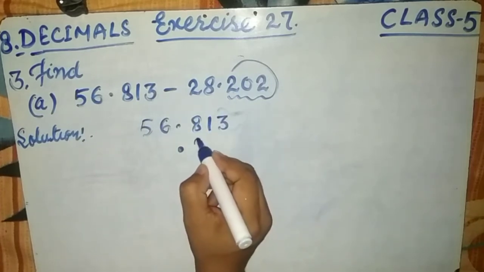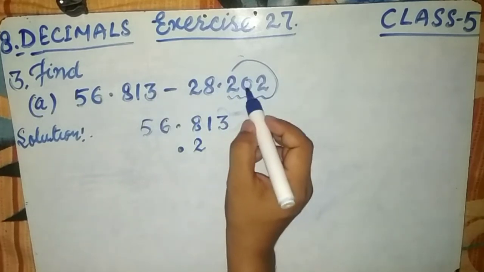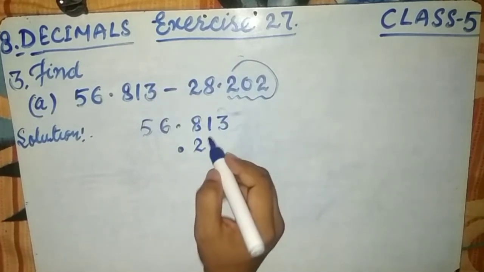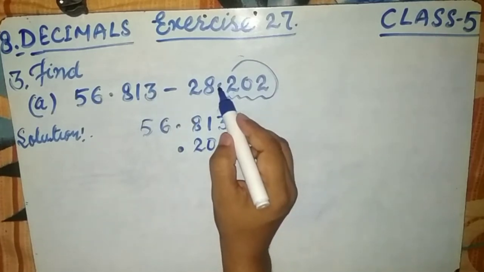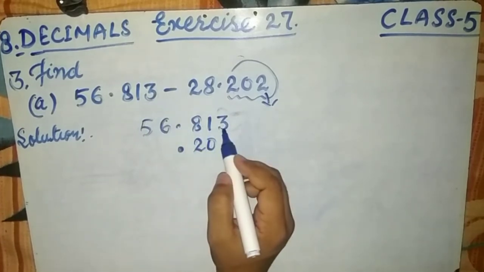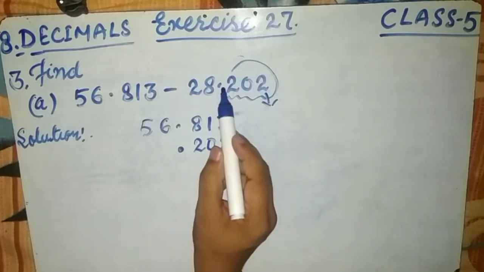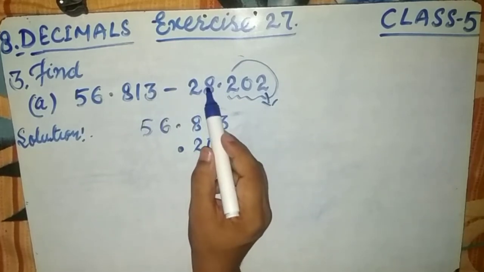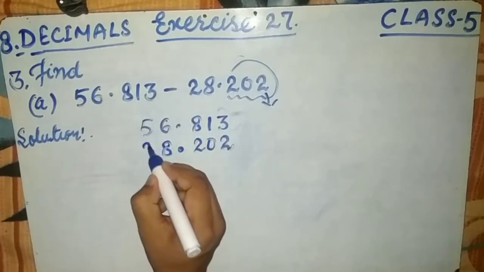Then after the decimal, this is the second digit, and this is the second digit, the second digit just below the second digit. Now after the decimal, this 2 is in the third position, means third digit. So after the decimal, this is also third, it should be 2. Now just before the decimal, 28, means the ones place is 8 and this is 2. Very simple.